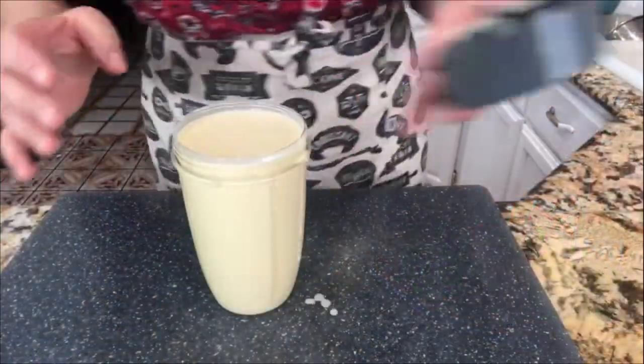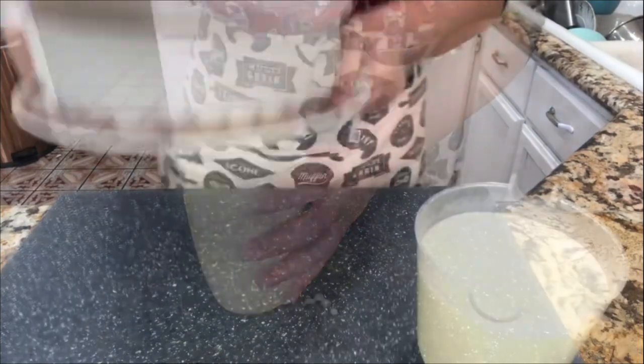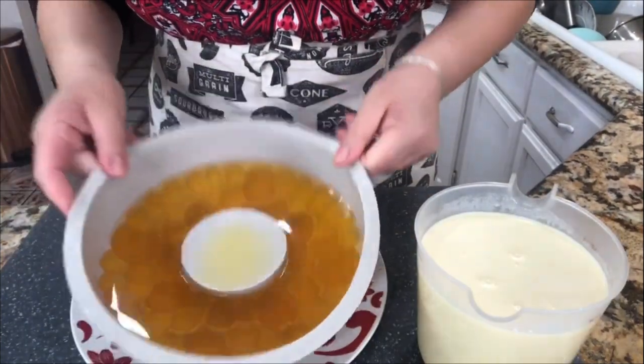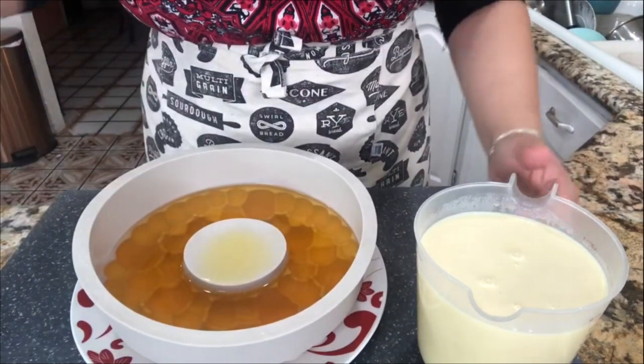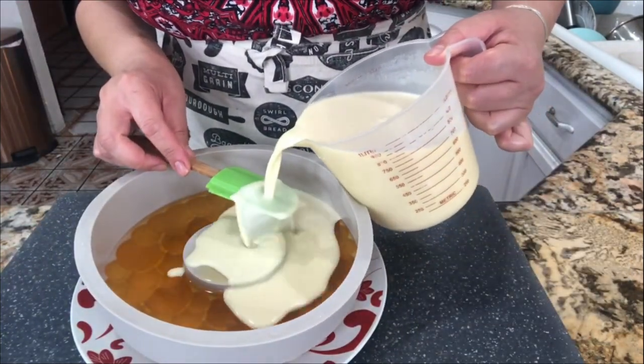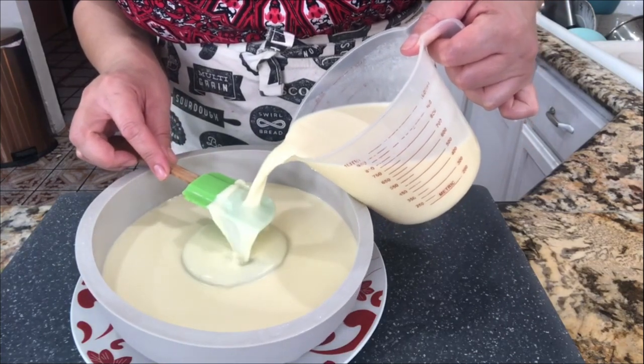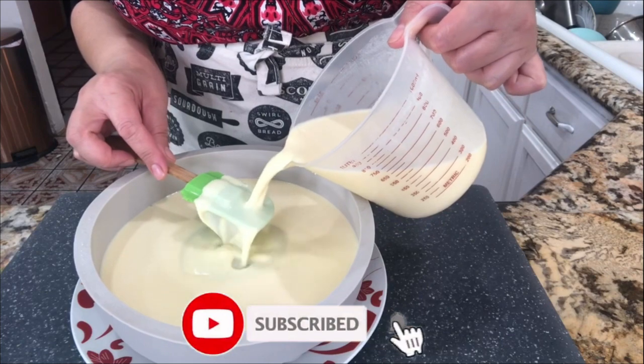Remember that your cream cheese needs to be at room temperature. I'm getting the jello out of the refrigerator. It's a little firm, and I'm going to help myself with the little spatula so that I could add the rest of the ingredients. After adding this final coat, I'm going to leave it in the refrigerator